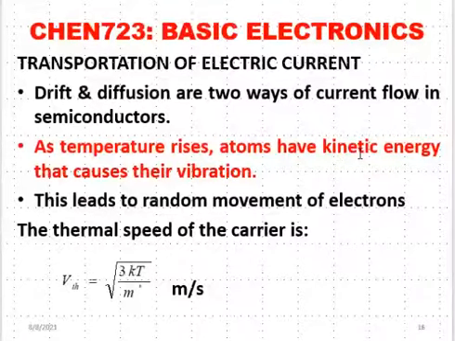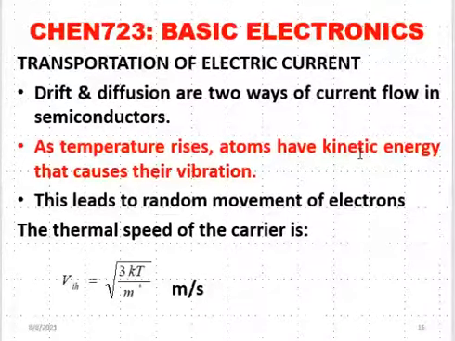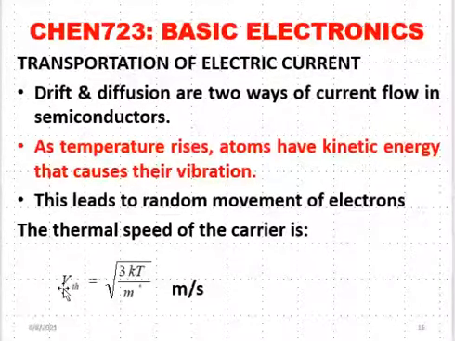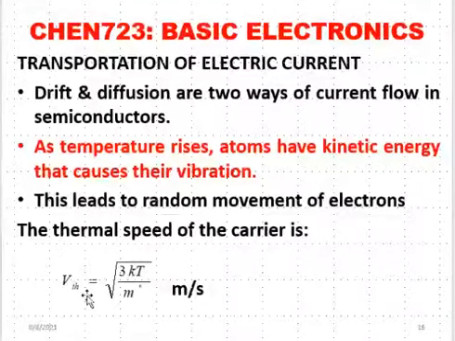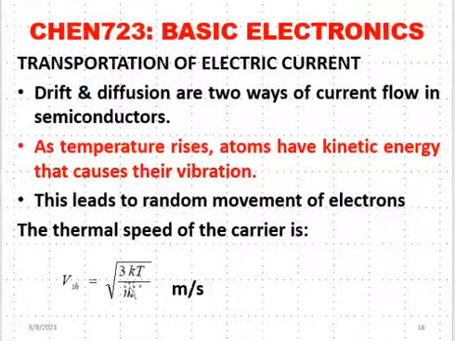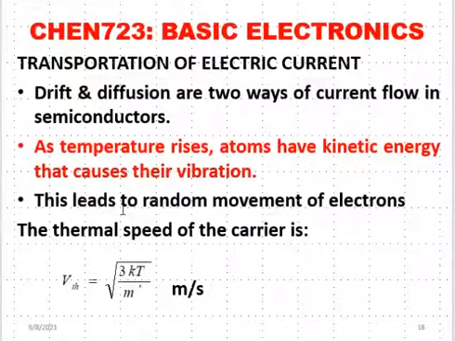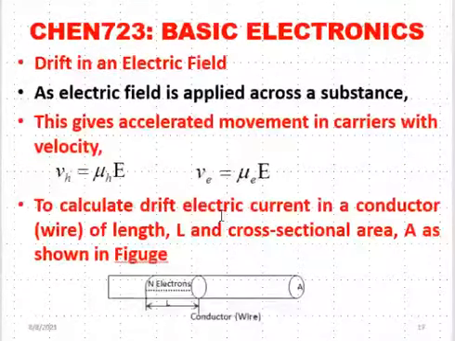A rise in temperature means more kinetic energy to the molecules and they will start vibrating, and that vibration will push them to be moving around in the semiconductor, and that causes movement of electrons. The speed of those charge carriers is given by v_th, where th stands for thermal, equal to the square root of 3kT over m*, where k is the Boltzmann constant and m star is the effective mass of the charge carrier. So the only variable is the temperature T. Whenever the temperature increases, the velocity will also increase.